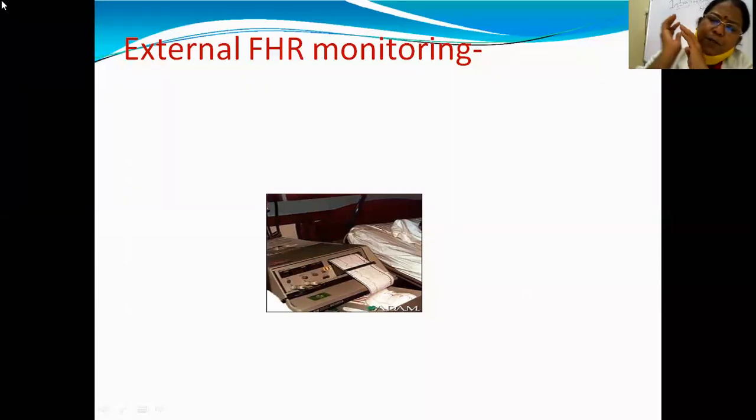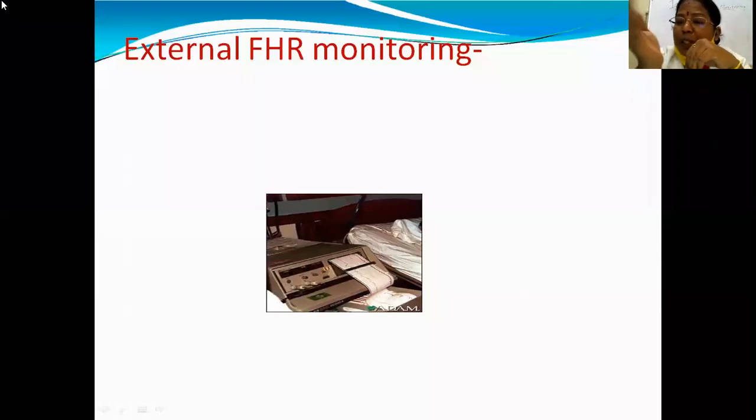Now, when the patient is in the first stage of labor, in the latent stage there are no guidelines on when we should auscultate. But once the patient goes into the active stage of labor, the fetal heart rate should be monitored every 30 minutes. It is always better to monitor the fetal heart rate after each uterine contraction, so that we can see how the baby is behaving after the stress. So in the first stage of labor, in the active stage, every 30 minutes, and in the second stage every 15 minutes if the patient is low risk.